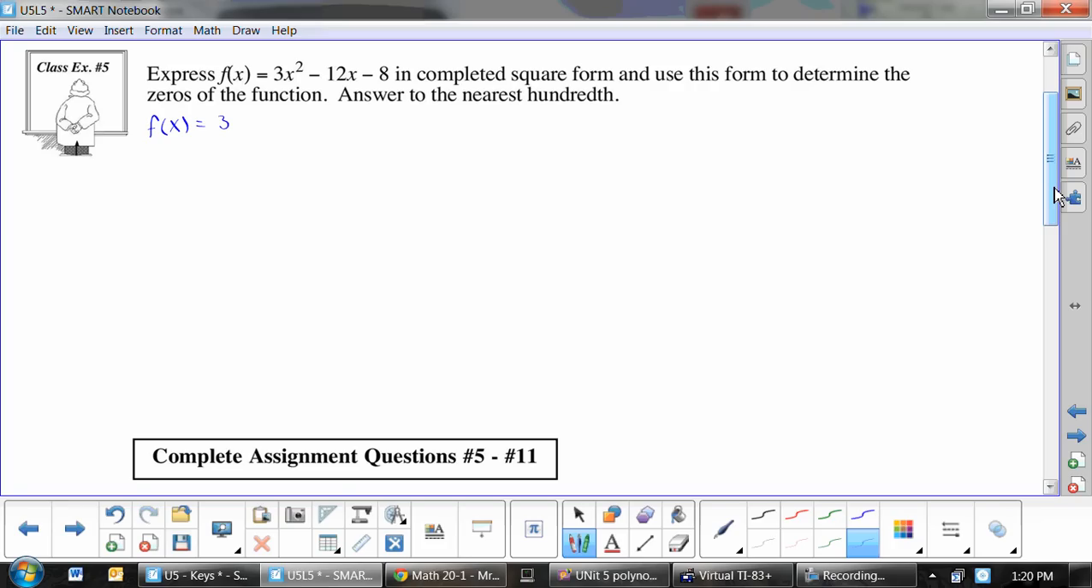Okay, so it's a type 2, so that means we have a common factor. So we'll take that 3 out. Okay. So then we want to go, okay, minus 4 divided by 2, it's negative 2. Negative 2 squared is equal to 4. So we go plus 4, minus 4. Okay? We want to get that minus